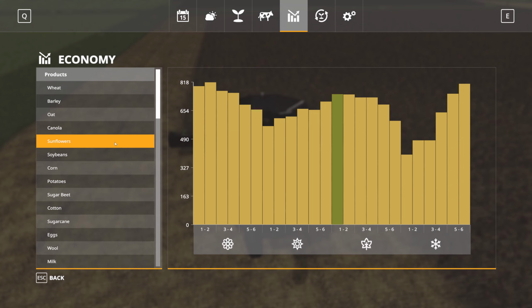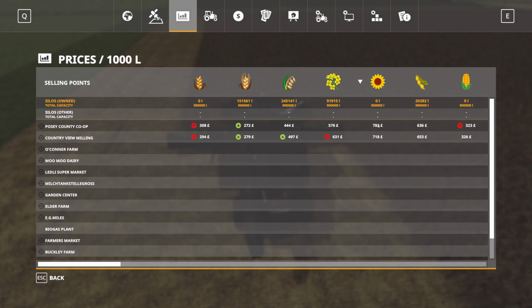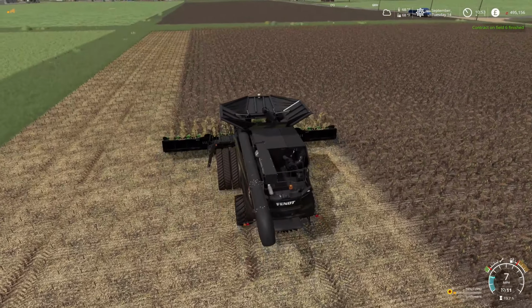What is sunflower? So it looks like the high price of sunflower is $8.18, and today it's not that bad, it looks like. So let me just double check here. I mean, I'm not going to have much sunflower to sell. $7.82. Okay, it's the Posey County Co-op. Yeah, the Posey County Co-op. That's where I think our contract even says we have to deliver it to, right? Yep. Same place. So I just may go ahead and sell it,